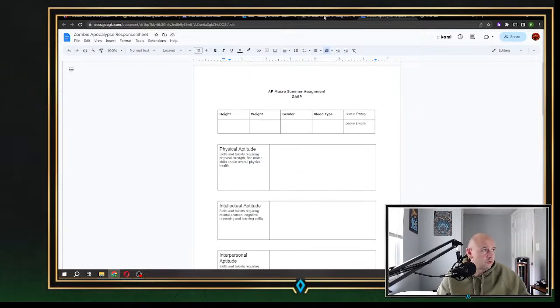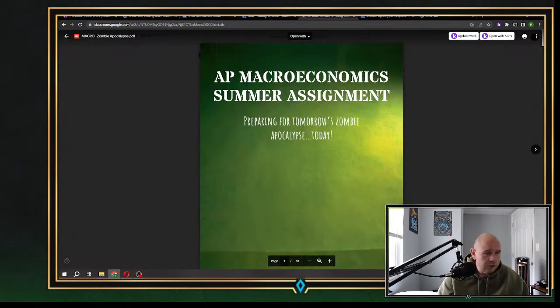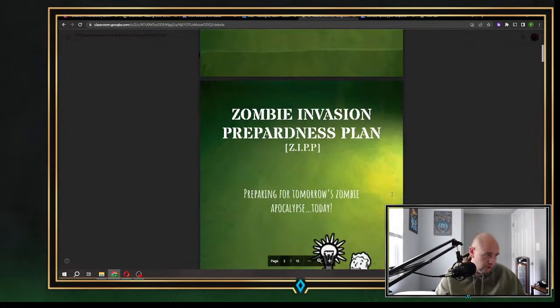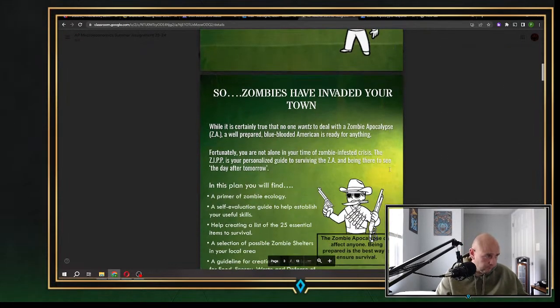So what I tried to do was take the stuff that's in the much more colorful, fun assignment. This is, back in the day, I used to hand this out in book form every year in full color, and it was a lot of fun. But the school doesn't really want us using copies like that anymore, so we did it digitally. Okay, so first off,